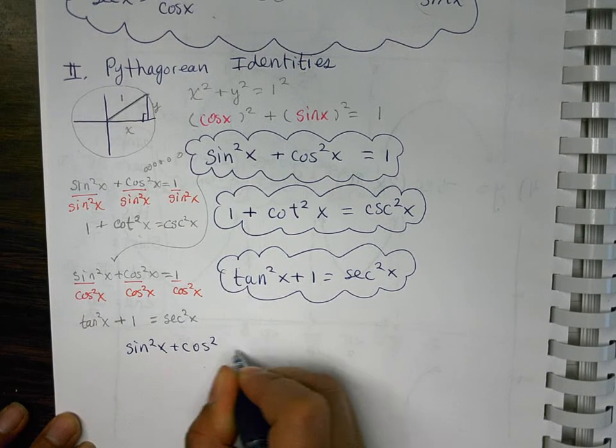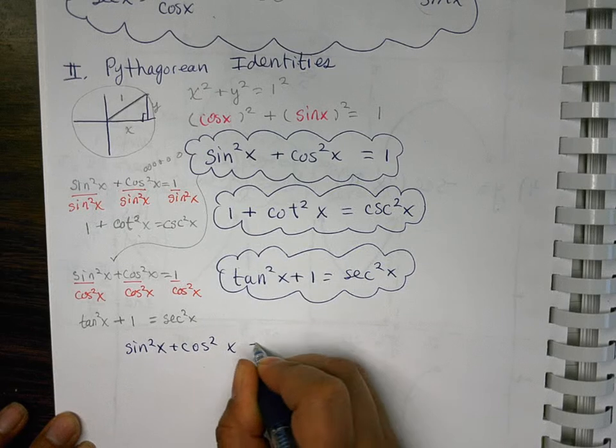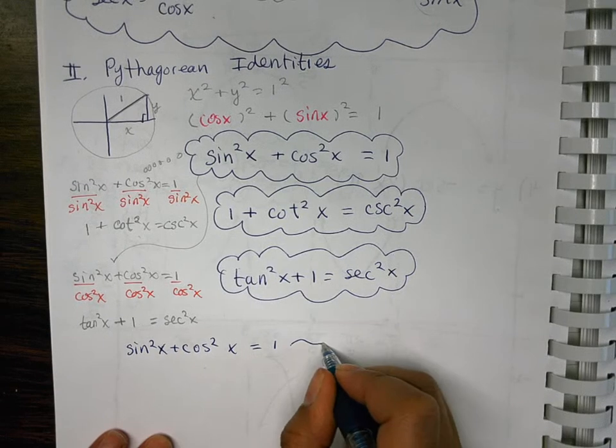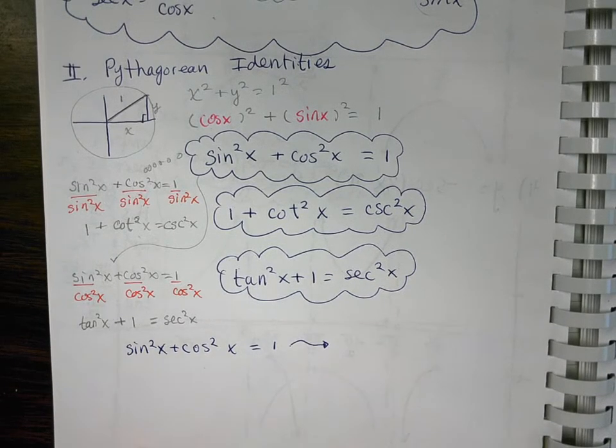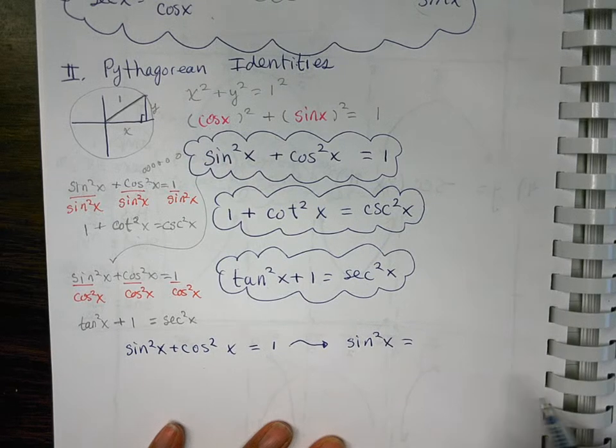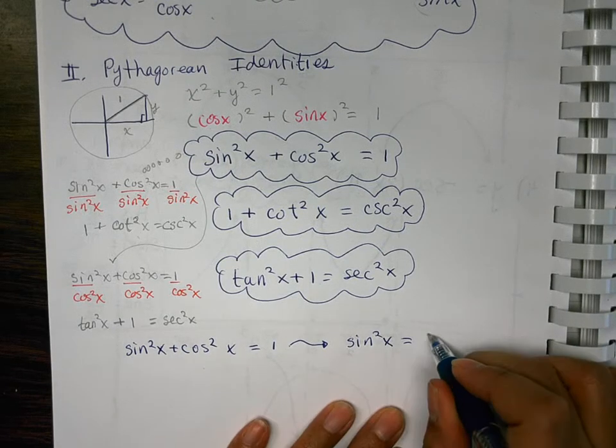First rearrangement we're going to have is the first one. So I'm going to rewrite it. Sine squared x plus cosine squared x equals 1. All right. I'm going to put an arrow. You may see this rearranged as sine squared x equals 1 minus